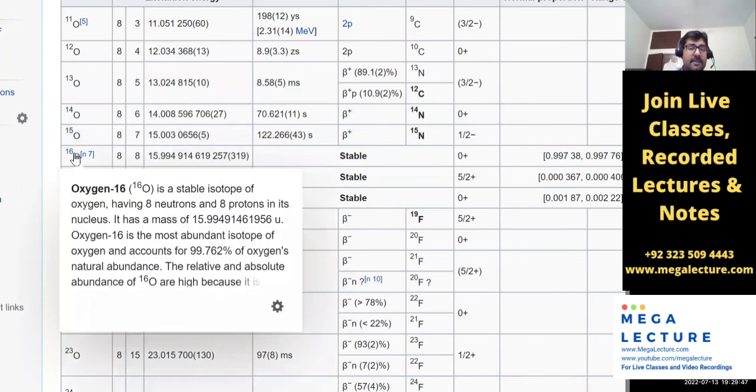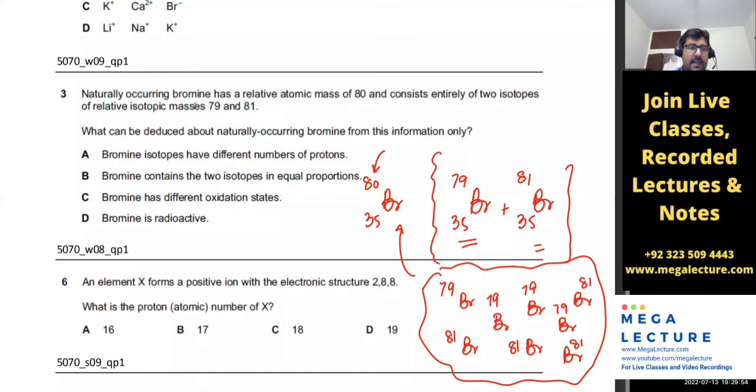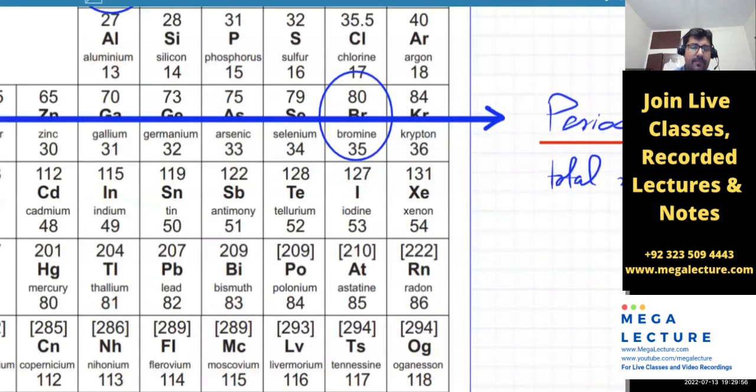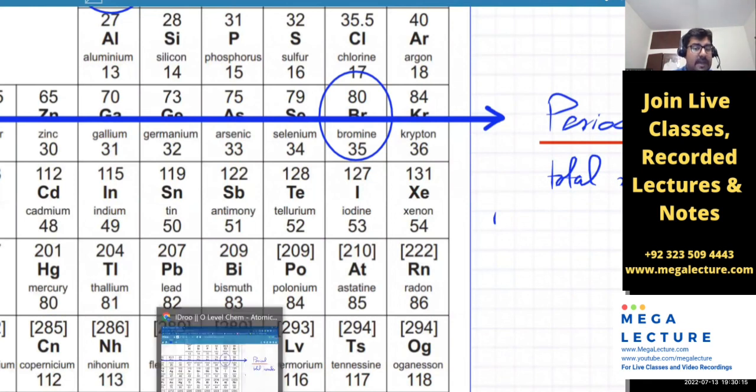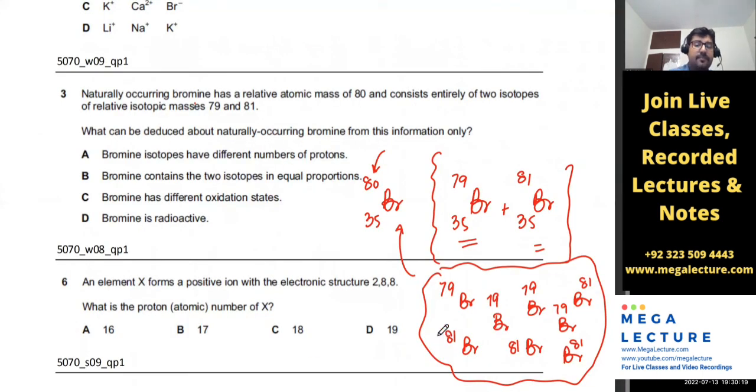So you're just going to take oxygen at 16. But sometimes what happens is, look at chlorine. Look at chlorine in the periodic table. Where's chlorine? Right at the top, this one. Chlorine has an atomic mass of 35.5. In reality, there is no chlorine 35.5. When you talk about a bag that contains chlorine atoms, what happens is